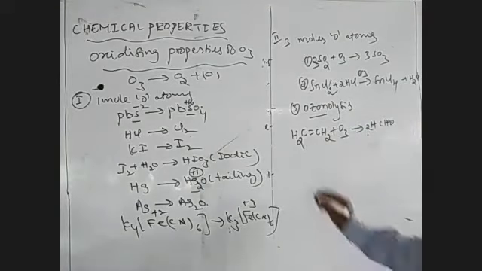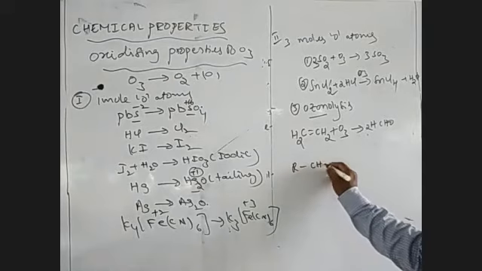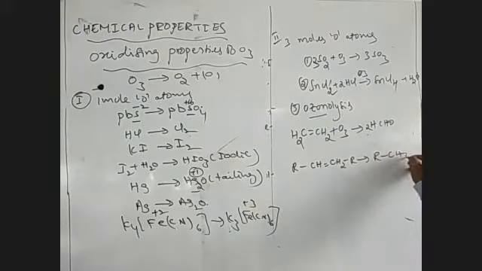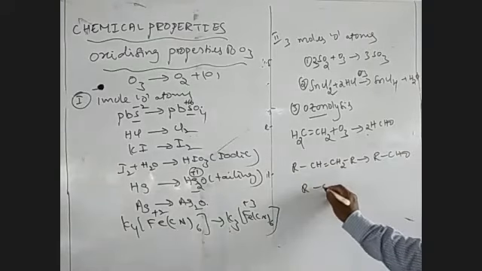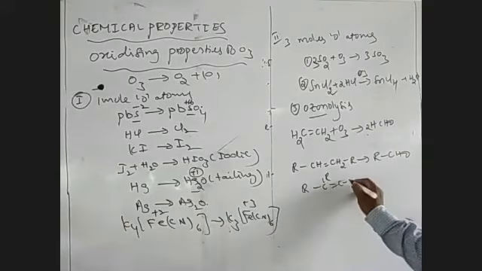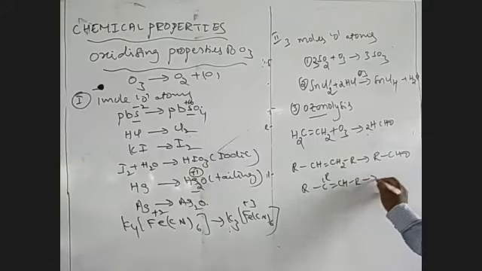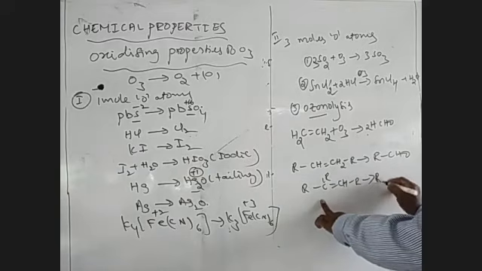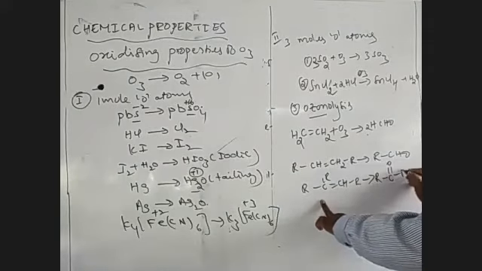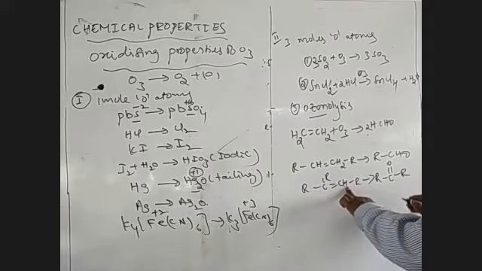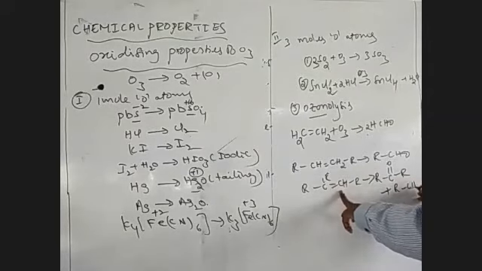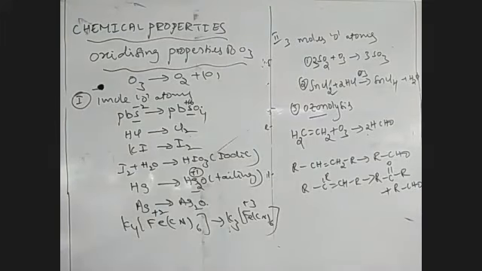In the carbonyl compound, if there is no branching on the double bond carbon, it forms an aldehyde, CHO. If branching is present on the double bond carbon, the compound formed is a ketone, R-C=O-R. If there is no branching, it exists as an aldehyde, RCHO. Ketones and aldehydes are formed. These are the ozonolysis reactions.